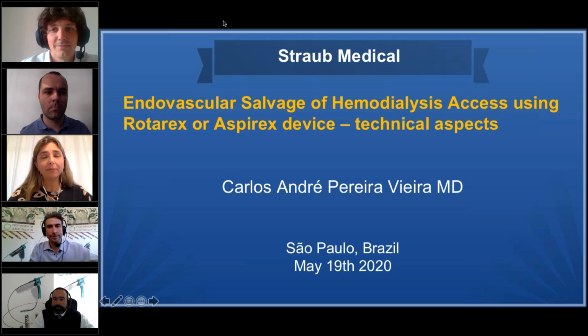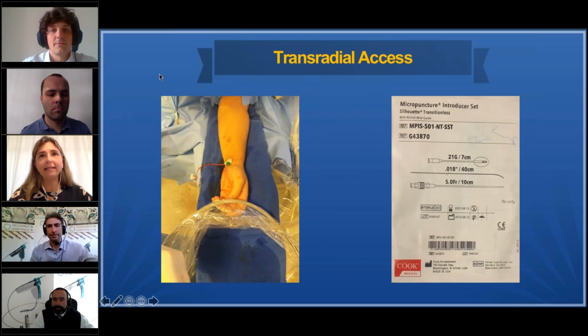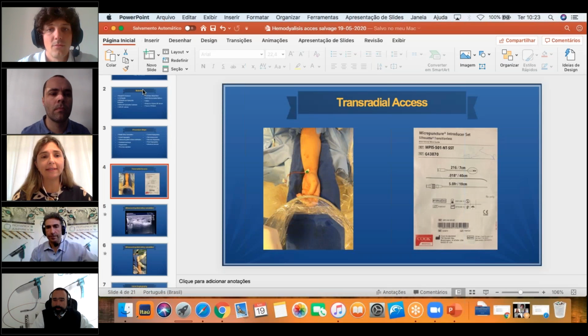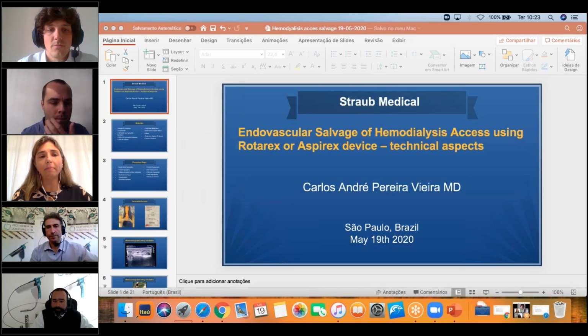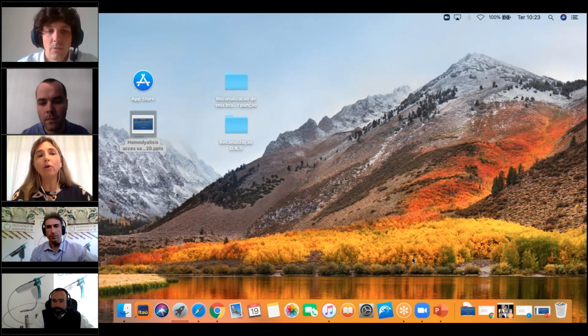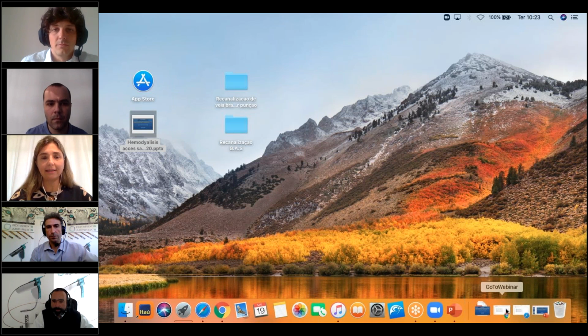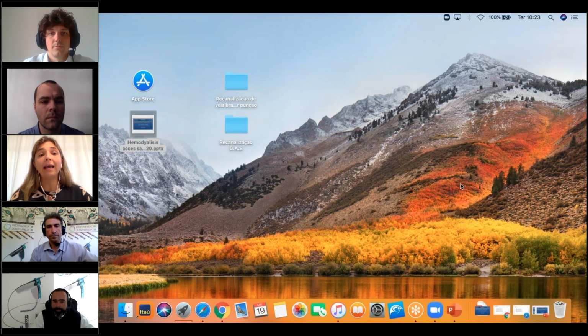Yes, in my experience, when I treat occluded AV native fistula grafts, I usually have a very short segment of occlusion, usually a 10 to 20 centimeter occlusion. Especially when I go with a double puncture, I usually don't need flushing because I'm working through a short sheath. If I go through remote access and use a long sheath, I usually go with continuous saline irrigation. But if I work with a short sheath and I have an arterial flow through the graft, even occluded, I choose not to irrigate.